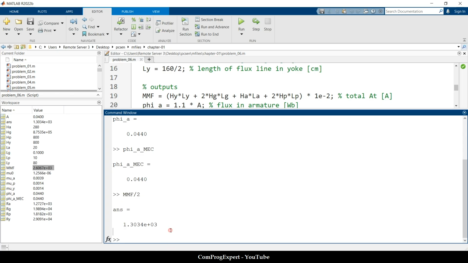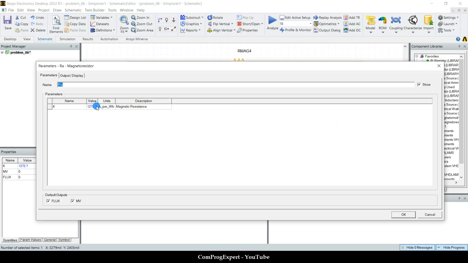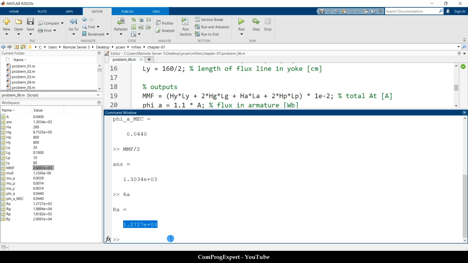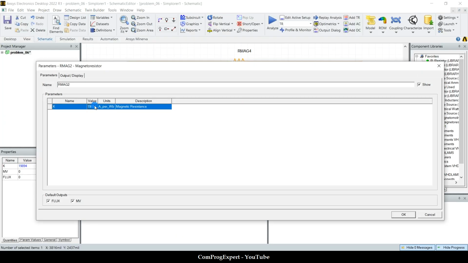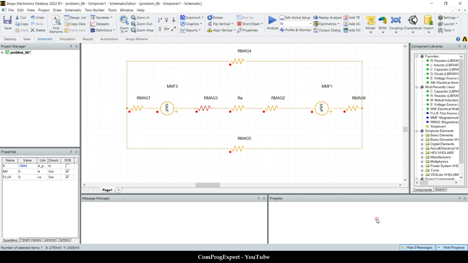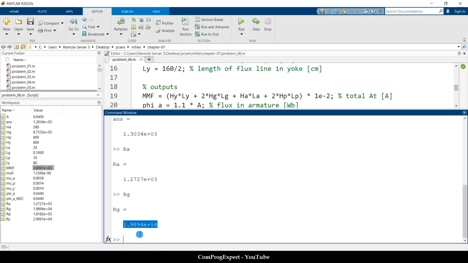The reluctance of the armature is this one. This is the armature reluctance. The reluctance of the gap is this one and this one. The reluctance of the pole,